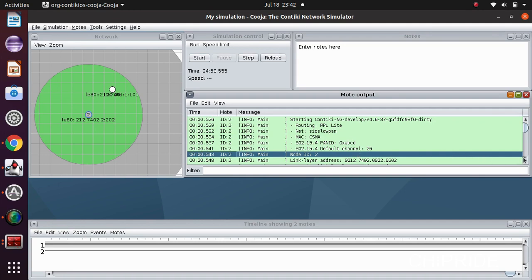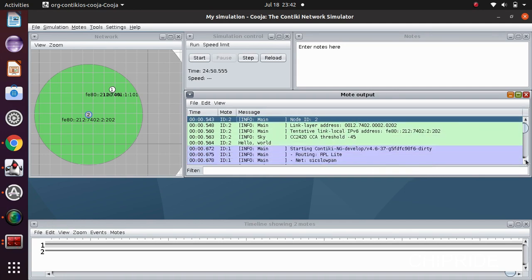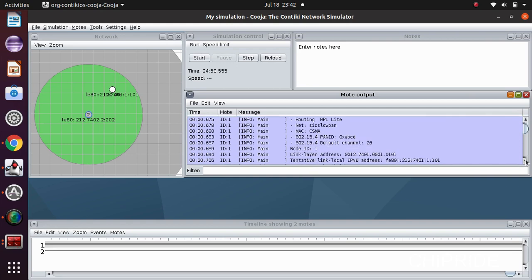So we can change accordingly and run. It shows for both motes. You can see they have the same PAN ID and are under the same frequency channel. This link-local IP address is also shown here.